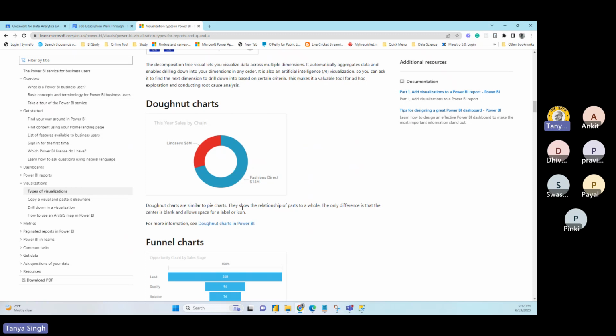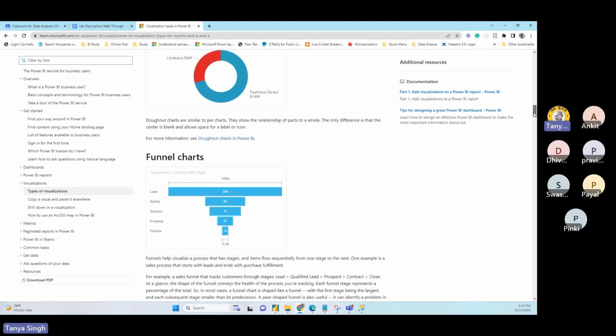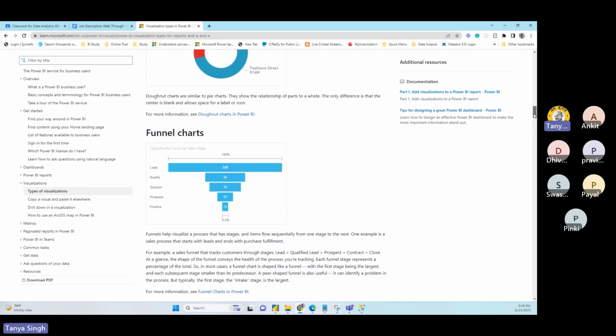In Amazon, if you wanted to know how you're doing in sports, electronics, homewares, or clothing, then this kind of chart is very helpful. It can give you what percentage of data is categorized how, right? So it's very useful and very common. Pretty much every scenario you can use the donut chart, right? Every scenario. This is the funnel chart again.